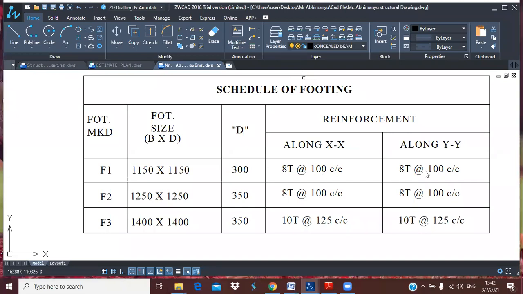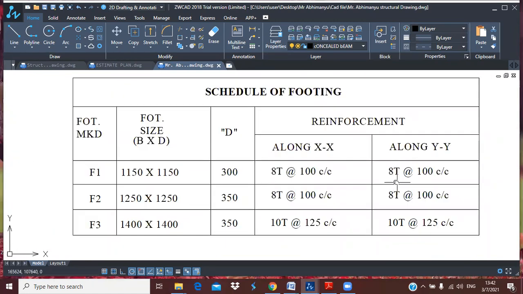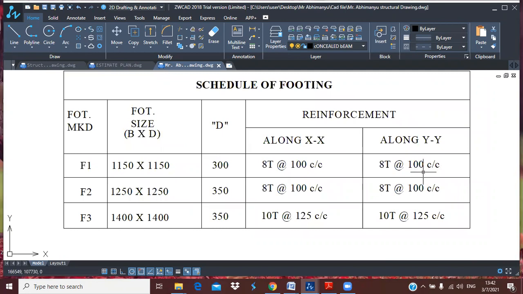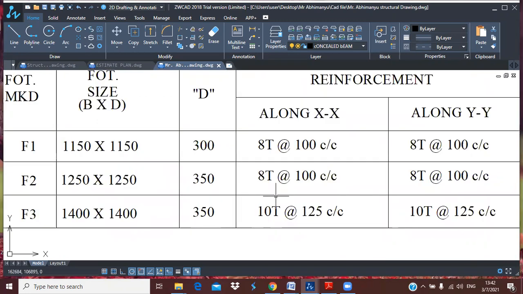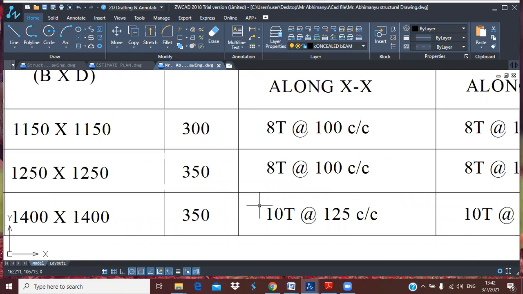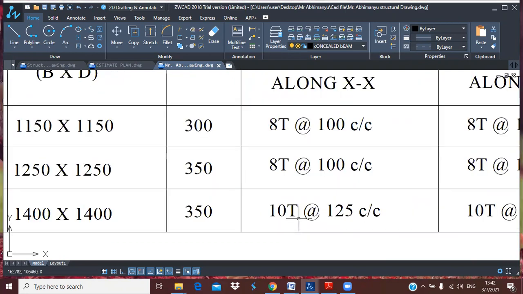Like that, along the y axis, the bar used is 8 mm and the spacing is 100. From this, you can observe that in this F3, we have used different sizes of dia.